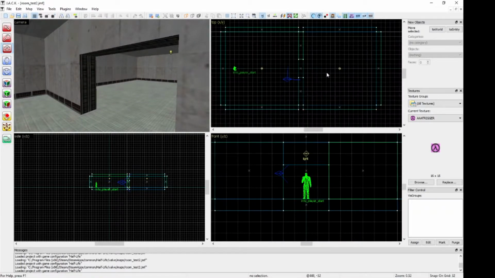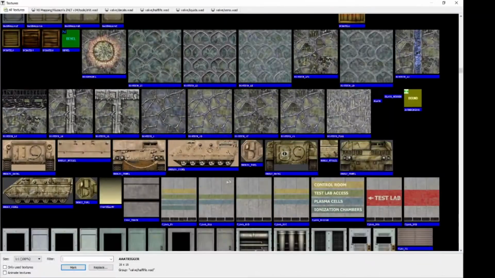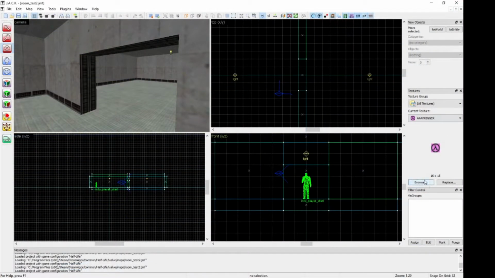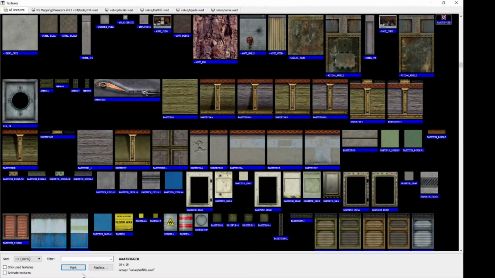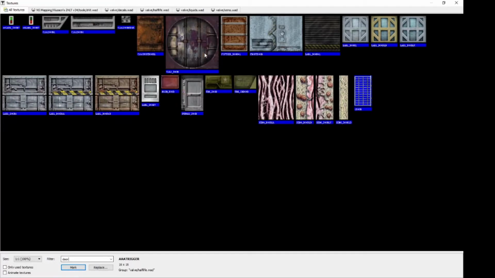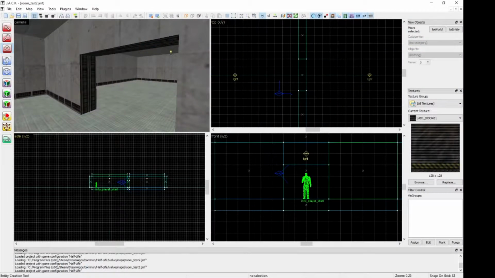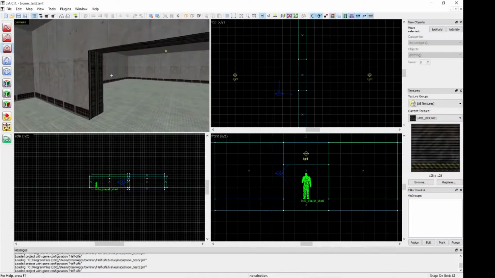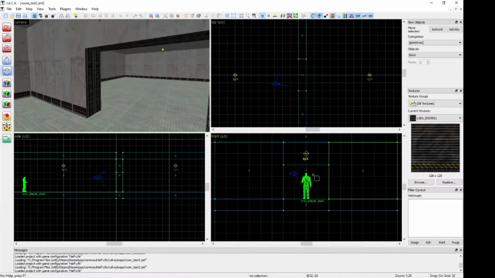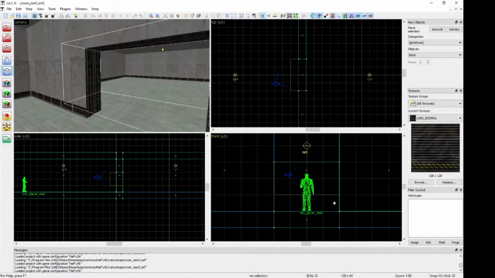So let's get started. The first thing I'm going to do is go to this texture box. I'm going to type in filter down here, I'm going to type in door, and I'm going to go for maybe one of these. Okay. Now what you notice is if we try and create this door as it is, just do that, it's